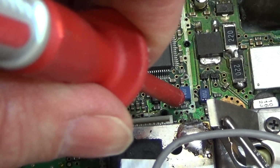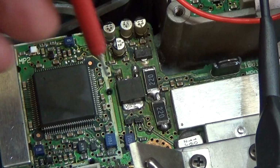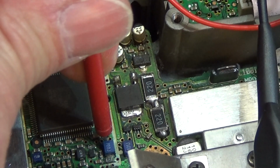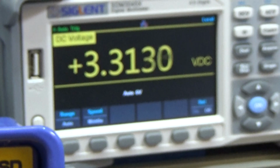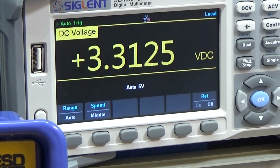So here's our input, and there again we have our 5 volt, very nice. And now we go to the other side and let's check there. Voltage, oh look here, that is funny. So we only see 3.3 volt at the other side of this little coil, and yeah, that is indicating that